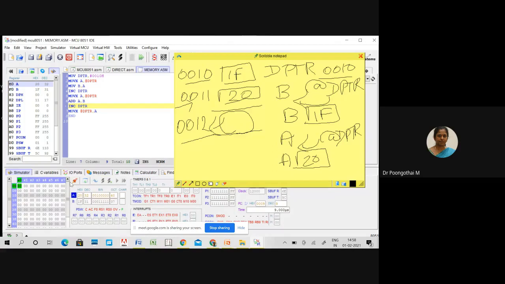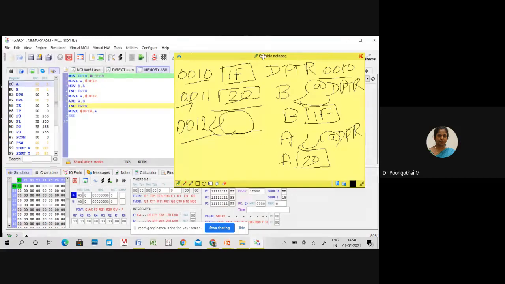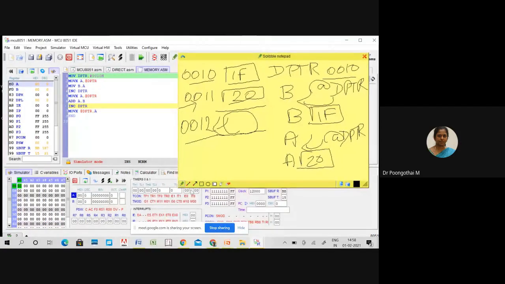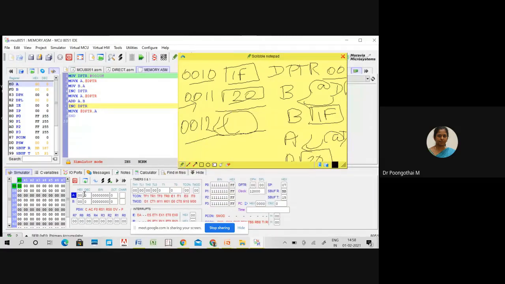So let's execute this code. DPTR is loaded with 0010.